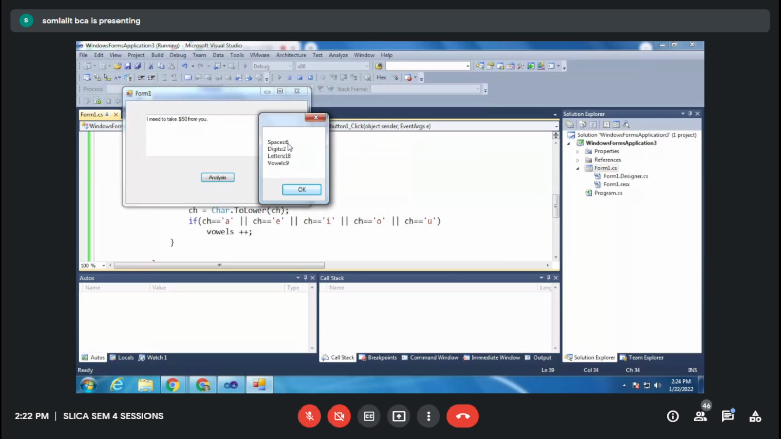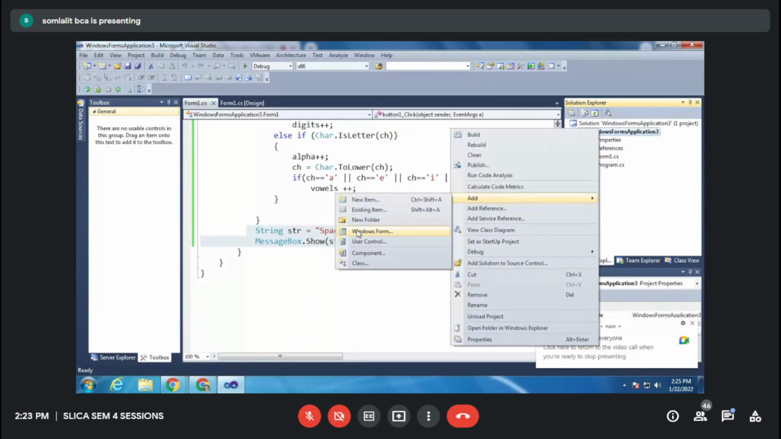If you don't have any question, I'm just adding a new form, and now we will try to implement the list box. There is one program which is frequently asked in the university exam. So right click, add Windows form. I've added one more form, this is Form2. And here what you need to do is